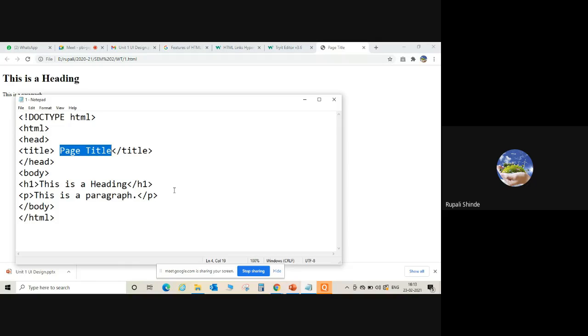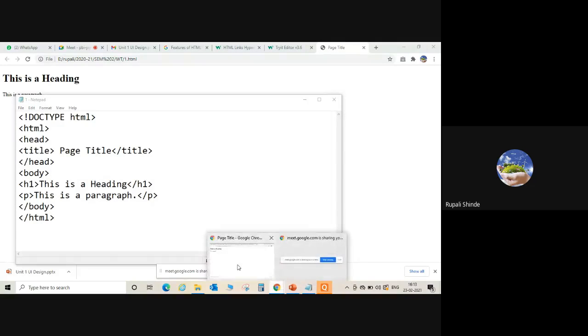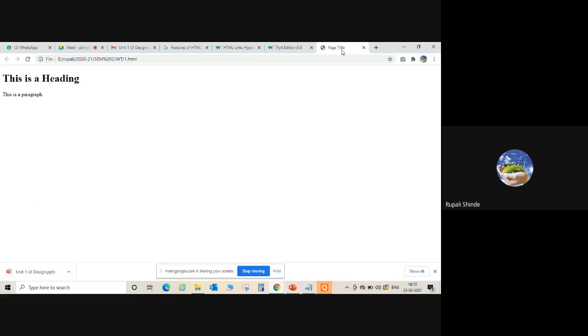Okay, and what I have told you, the page title is the name of your web page. So it is offered here, web page title. It is the name of your web page. Are you getting it? So whatever title you have to write, it is the name of your web page. Instead of website, it is the name of your web page. Just remember, whatever title we have written, it is the name of your web page.